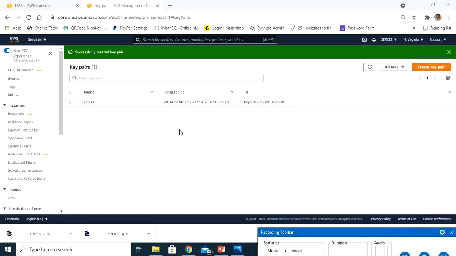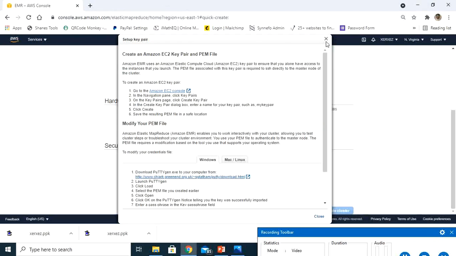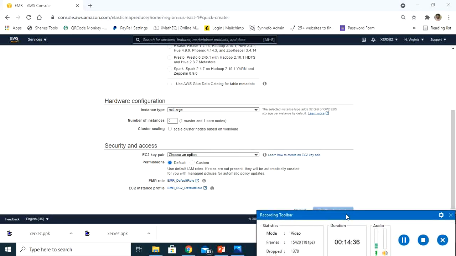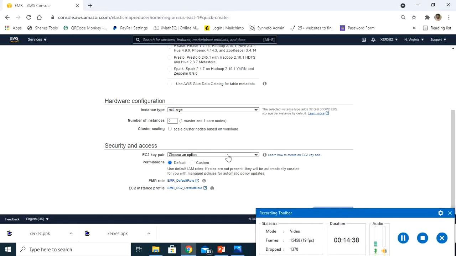Now go back to the location where you are creating the EMR. Let me close that one. I'm going to close this also. After creating the key pair, you will get the option to choose the key pair. Before this, Xerxes was not available.